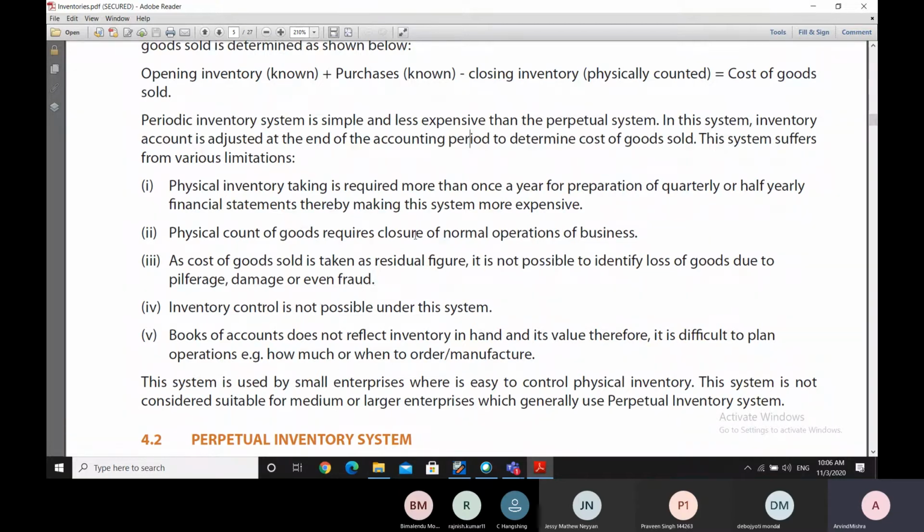Now, when the physical count is to be taken, then at that time the business has to be closed. So therefore, that is also a weakness of the system. We need to close down the normal operations of the business. Thirdly,